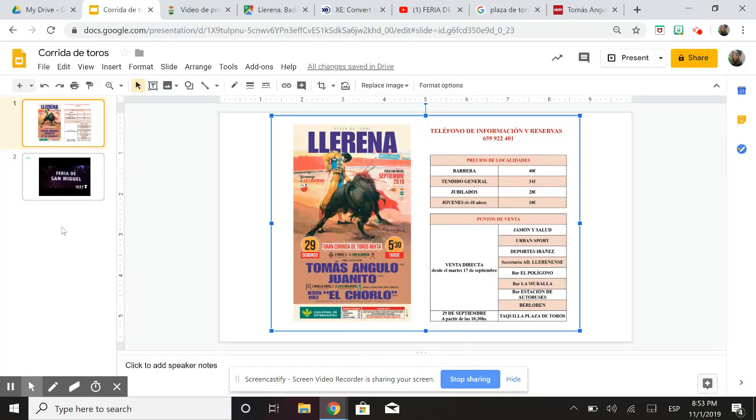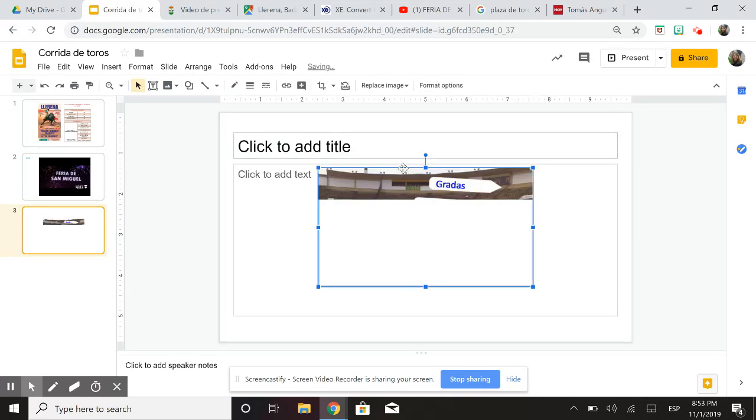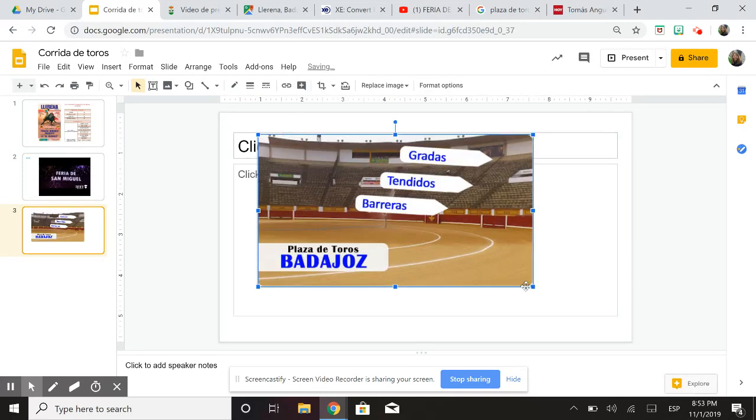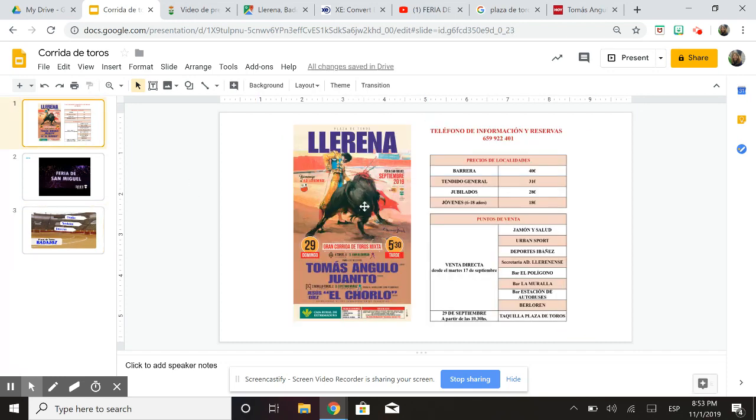We're going to go back and make another slide. We're going to paste that picture right in the middle. Let's paste it and make it nice and big. Perfect. So when I'm sharing this with my students and we're talking about what the barrera seats are,